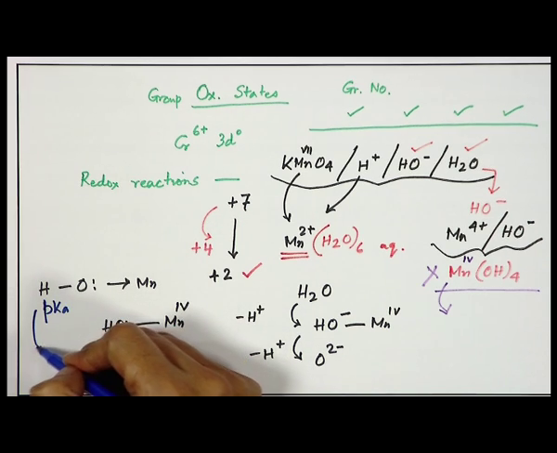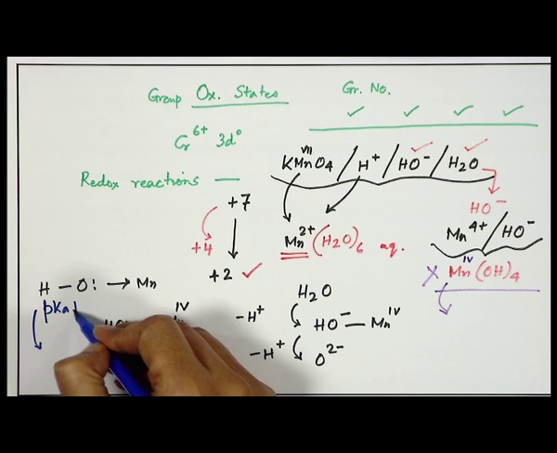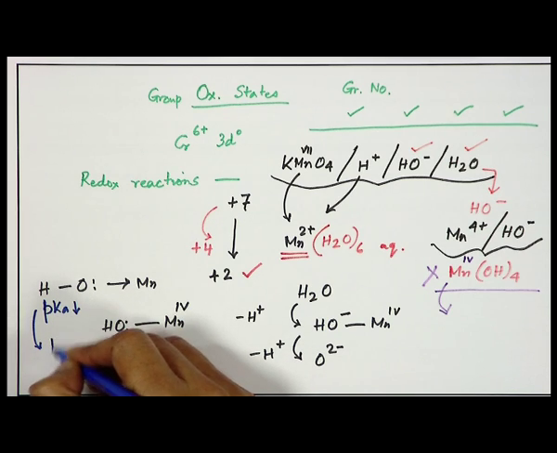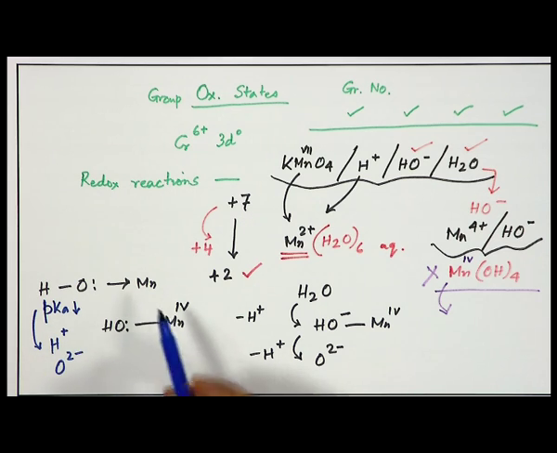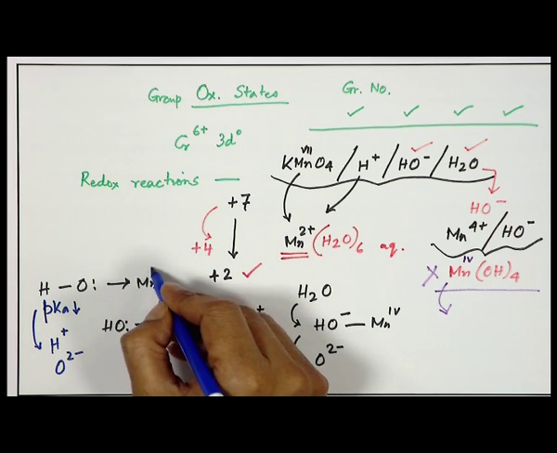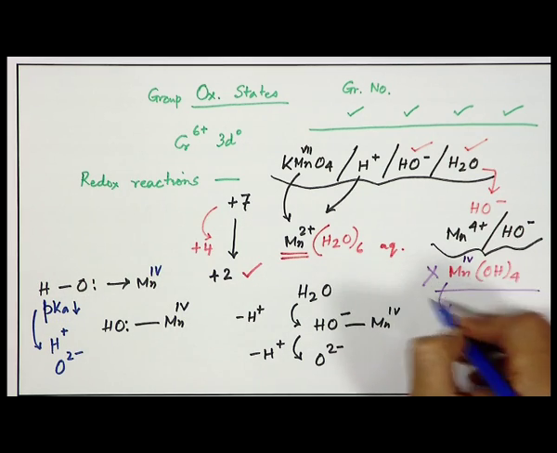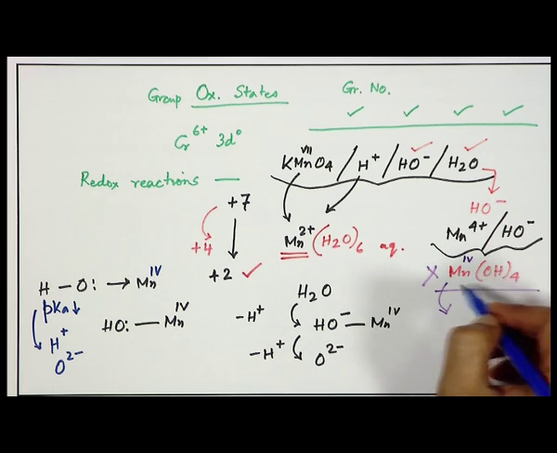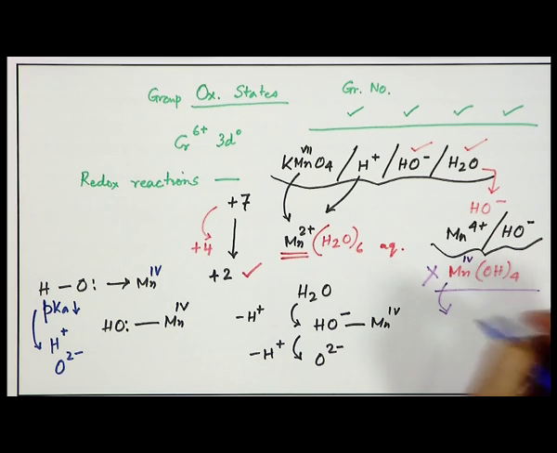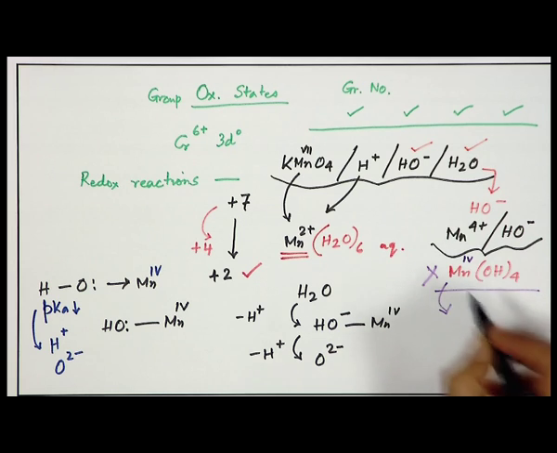So, you have the chance. The pKa is lowering and this H is removed from here as H+, and O will stay there as O2-. This is the situation arising even in the bound form of manganese, if we are thinking that the theoretically possible species is manganese(IV) hydroxide, which is not physically observable. The only thing is that from there, immediately within the same